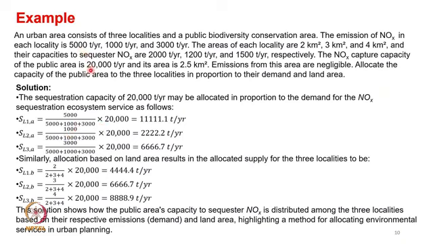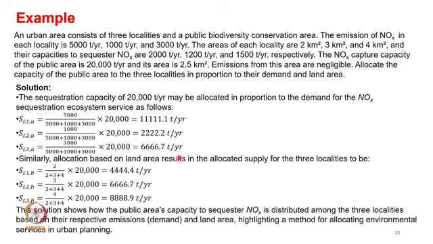So you have 5,000 divided by 5,000 plus 1,000 plus 3,000, which is a fraction, times 20,000, which would be 11,000... 1111.1 tons per year. In the other cases, of course, you consider locality B, which has 1,000 in the numerator: 1,000 divided by 5,000 plus 1,000 plus 3,000 times 20,000, that will be approximately computed like this. And similarly for locality 3, 3,000 divided by 5,000 plus 1,000 plus 3,000 times 20,000, that would be